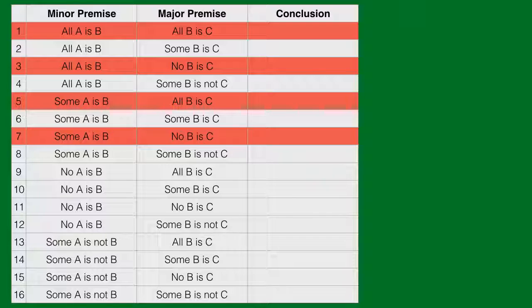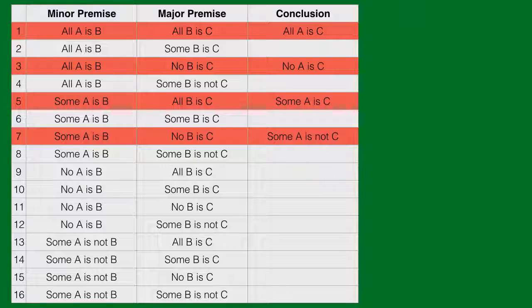We can work out the conclusions by looking at the minor and major premises. Whenever you see a negation, it makes its way into the conclusion, and whenever you see a particular quantification, it makes its way into the conclusion, and we get the four conclusions that we saw briefly earlier in this lesson. And we saw that you have one conclusion for each possible kind of propositional quantity and propositional quality.